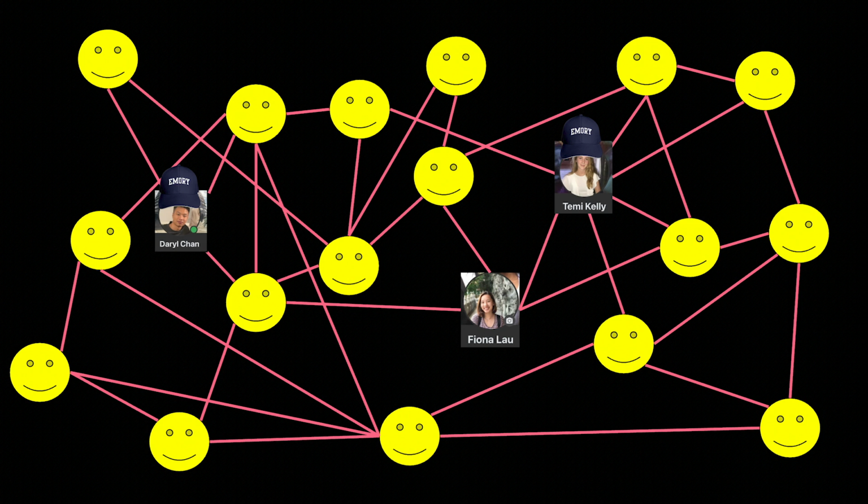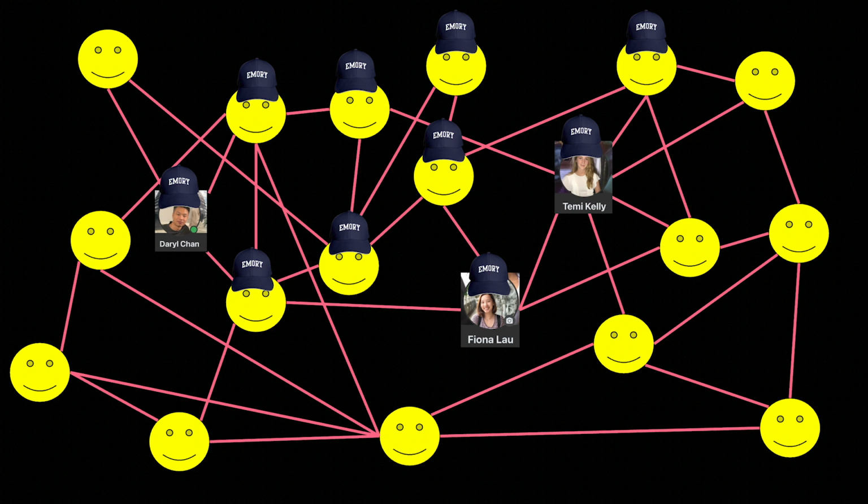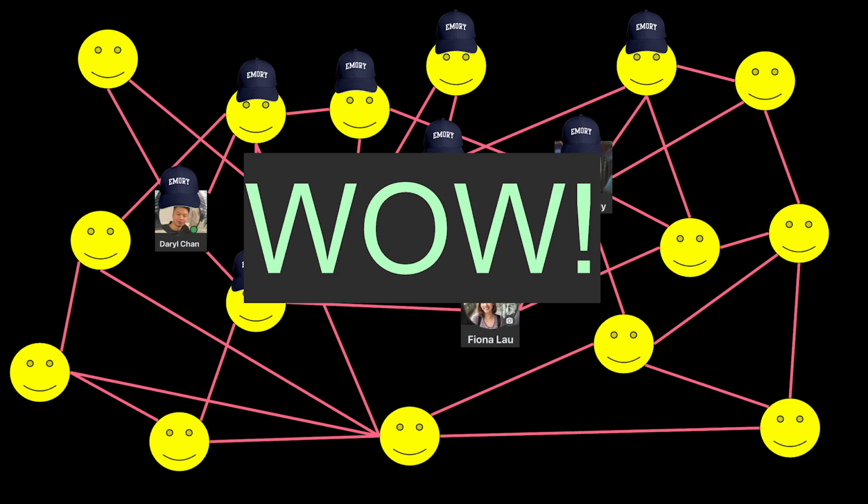Using the greedy search algorithm, we begin with the Emory network of Temi and Daryl. Then, for each remaining user not already in the Emory community, we calculate the normalized conductance if we were to add the user to the community. We add in the user that results in the largest normalized conductance value for the Emory community. We then repeat this process of greedily adding users to the network. We terminate the algorithm when normalized conductance does not increase for any additional user. At the end of the algorithm, we will have determined all of the 10 users who go to Emory, only